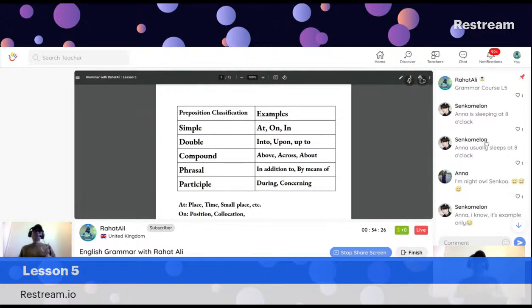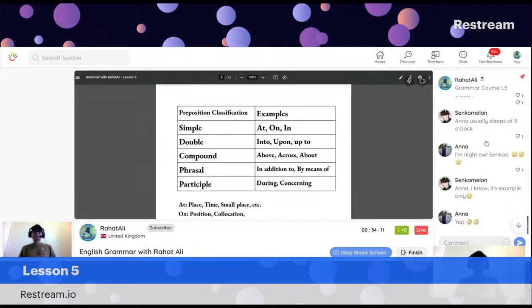Remember, prepositions can sometimes be confusing, but don't worry. Sometimes some of the prepositions are really important, but if a preposition is wrong, it doesn't distract from the meaning of the sentence. But as I said, collocation, we must use some of the prepositions together. For example, listen to, subscribe to. So these are some of the examples that should always go together, like refrain from, abstain from.